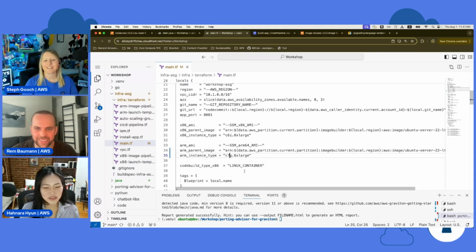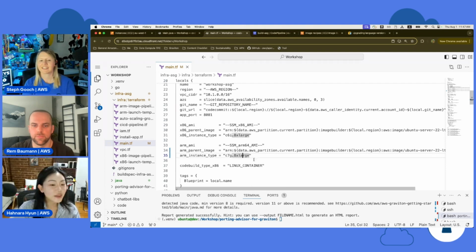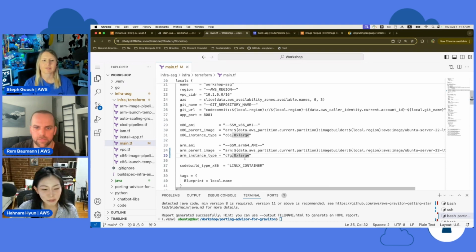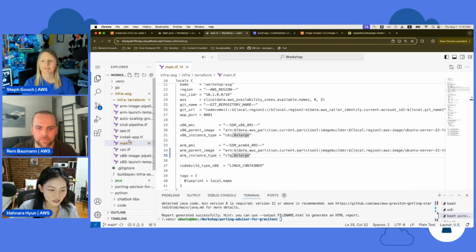I've had customers come to me and say, I'm not getting that expected price performance between a C6, whatever, x86-based instance and a C6G. And usually the call lasts 5 minutes. Try that on a C7G and you should see that price performance improvement. So just be mindful of that when you're doing this updating. And maybe you might find that you just prefer Graviton 2 as well compared to the 6th generation x86. Who knows? Why not test all of them